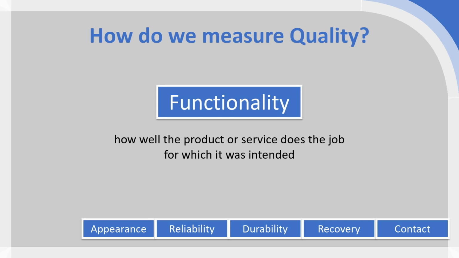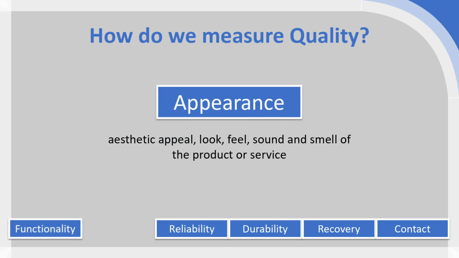The next aspect of quality we want to understand is the appearance. Now this will again really differ highly depending on the kind of market segment or even the kind of product or service that you're examining. But appearance is generally the aesthetics of the product or service. So it can be the look, the feel, sound, smell, anything which is involved in the aesthetic appeal of the